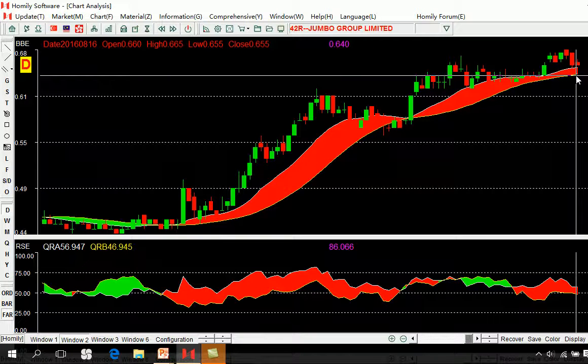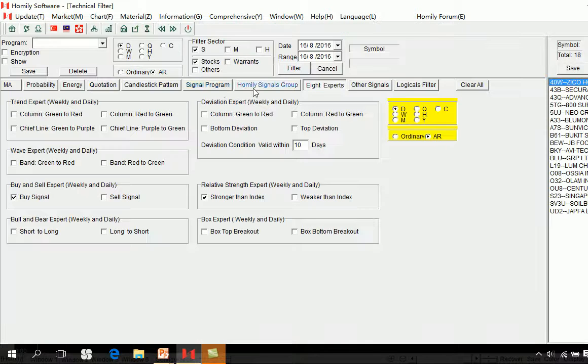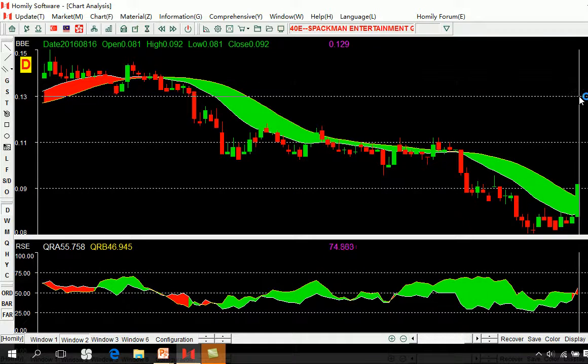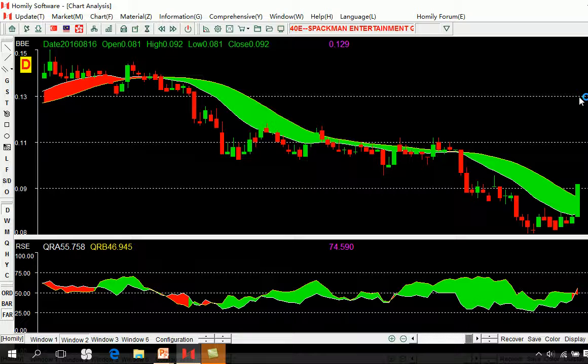Then we can see, this is the filter method. If you want to find more stocks, you only click this one, stronger than index. Then you can find more stocks. So many stocks inside, right? So you think Specman. You can see here, green turn to the red, but the band is a green band, which means if you want to buy, buy a small position, okay? So this one,